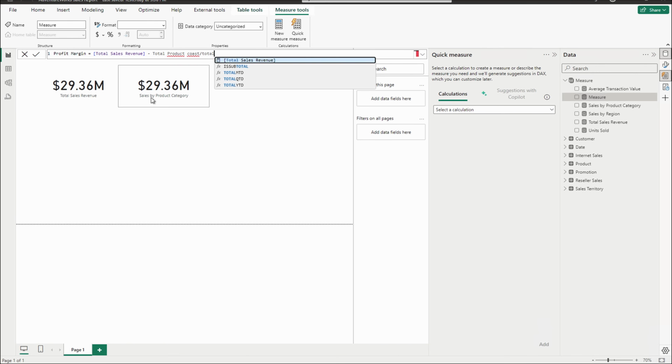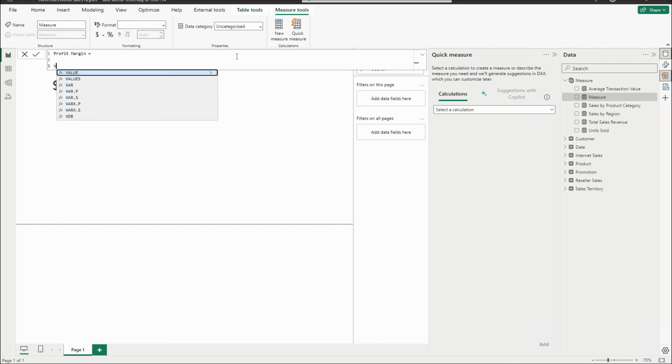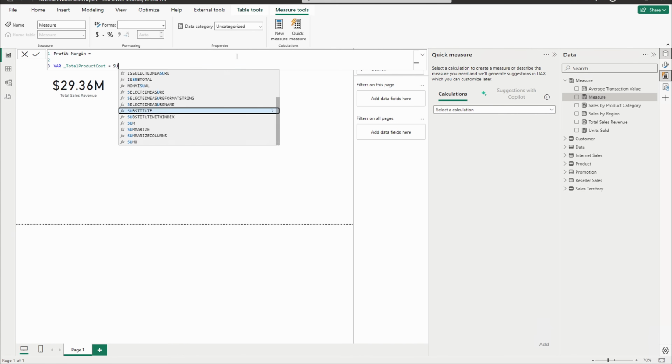So what we are going to do, first we are going to create a variable. Okay, so variable is always useful whenever we create, and I'm going to call it total product cost. That's how you create a variable, and these are going to be very helpful whenever you have to write efficient DAX coding. And also remember that if your DAX code is not formatted, it's not a DAX. So always format it. You can format within the Power BI, or you can also format it through any external tools. Now, this would be my sum of